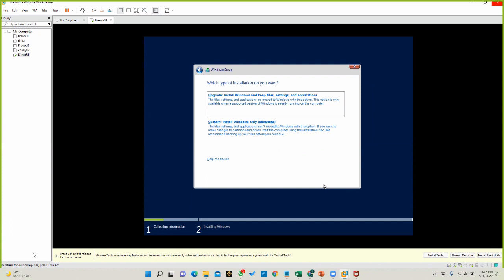Then it will give the two methods. One is upgrade, another one is install Windows only, right? So what does mean upgrade install? Upgrade Windows operating system. What is the difference in between these two?